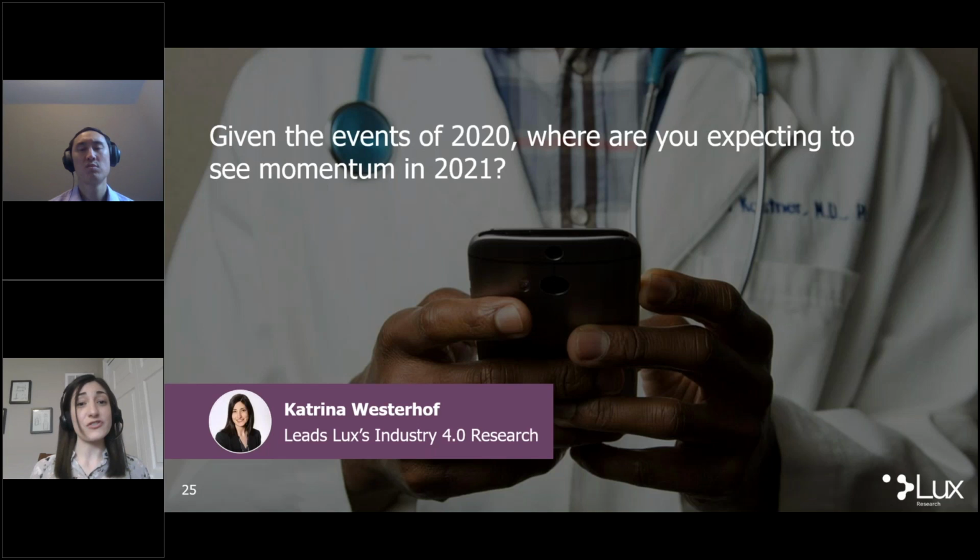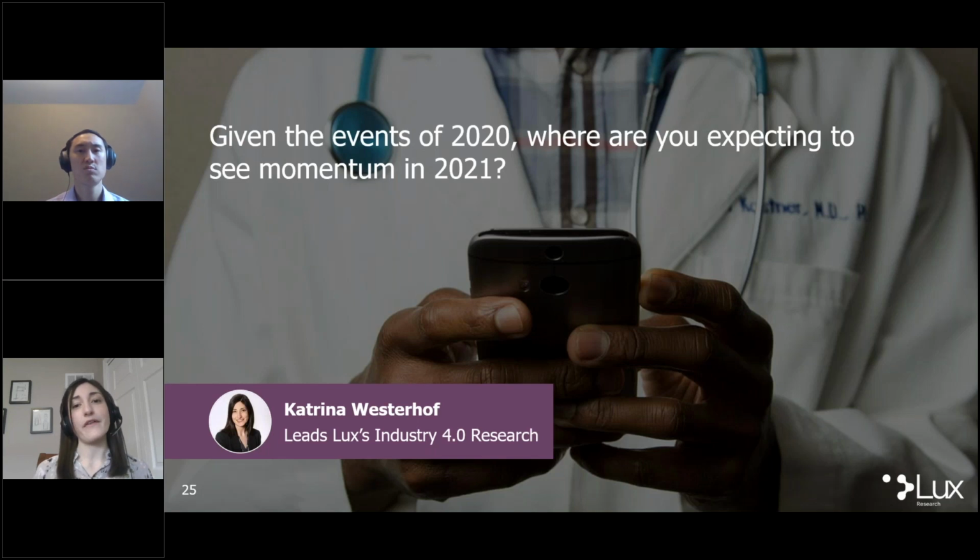And if we look at the industrial side of this, there are some similar trends happening. So we saw a spike in client interest around things like remote asset monitoring, augmented reality, worker monitoring, even robotics for removing workers from those processes. And there were some players in the space that pounced on this as a way to increase adoption as well. So we saw PTC's Vuforia Chalk, which is an AR and remote expert platform for field operations. We saw MachineMetrics, which is an industrial IoT platform, offer free versions of their tools in response to COVID to help boost adoption and get people accustomed to these different ways of working remotely.